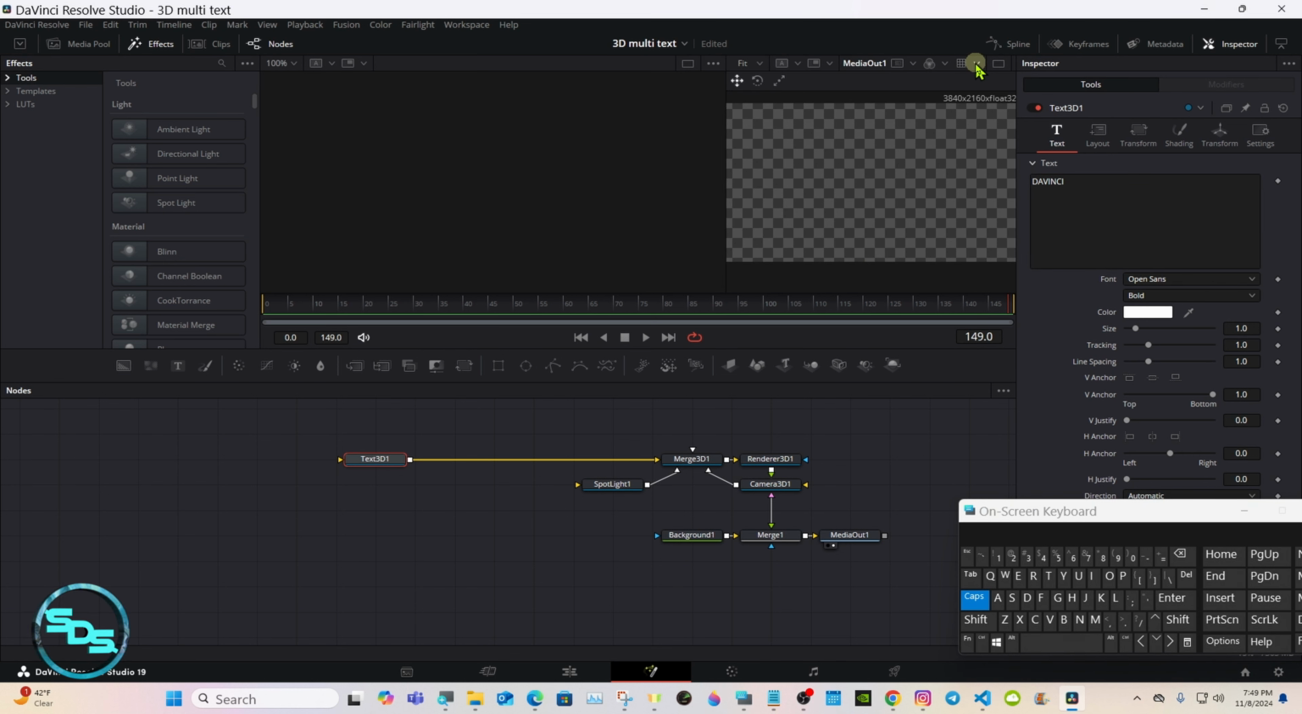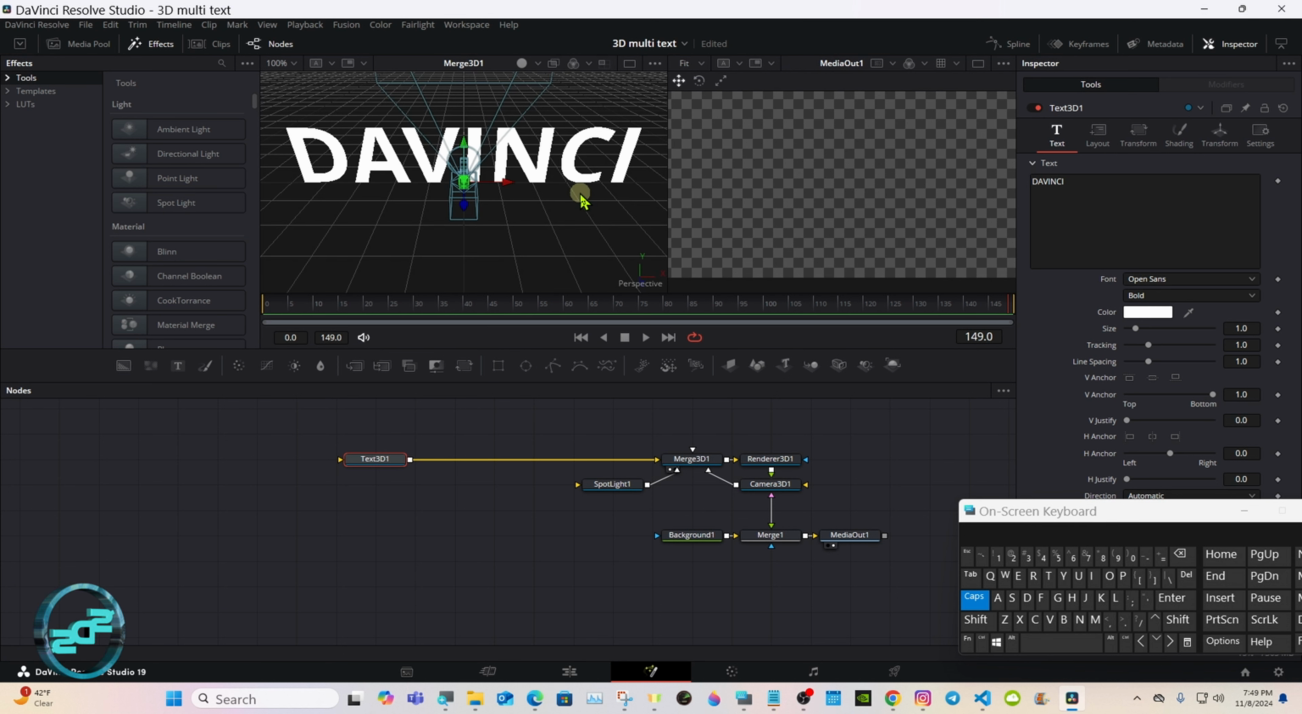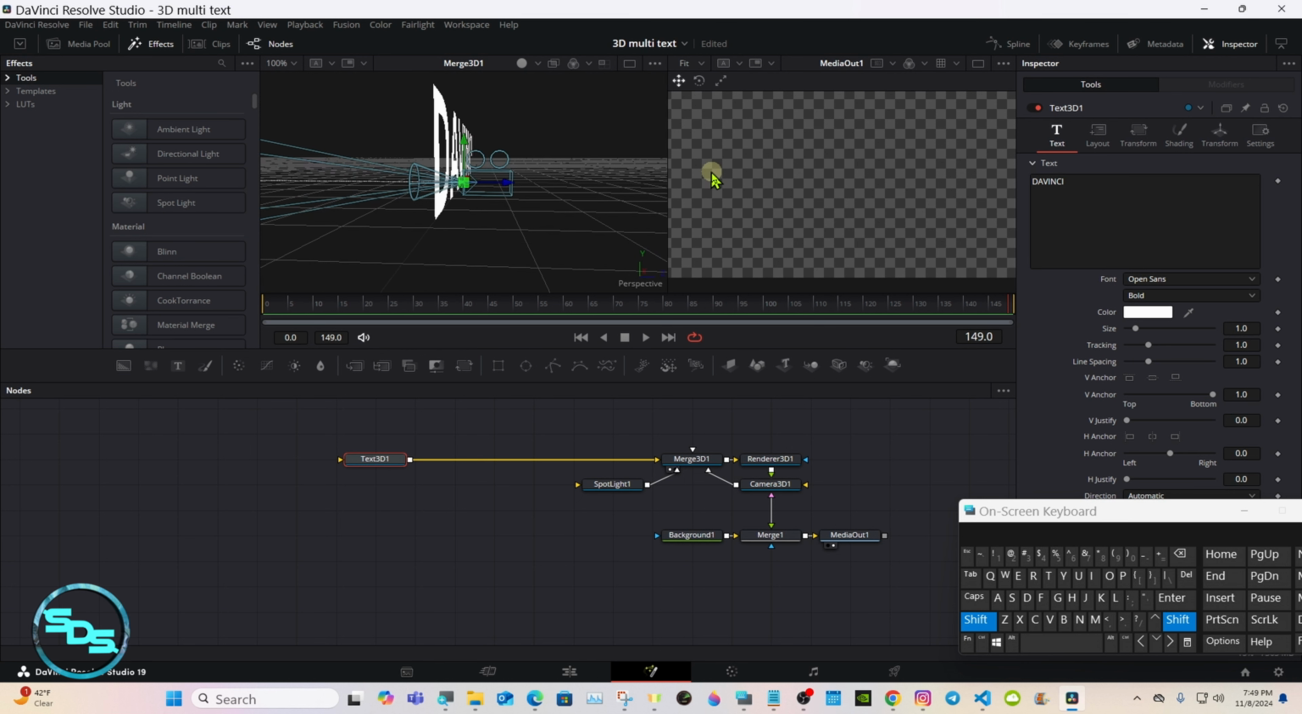We'll go to dual viewers. Put the merge in viewer 1. The reason why we're not seeing it in viewer 2 yet is because the camera and the light are right on top of the text, actually pointing behind it. As you can see now in viewer 1,